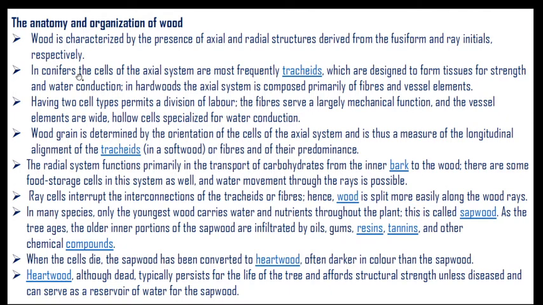For example, in conifers the cells of the axial system are most frequently tracheids, which are designed to form tissues for strength and water conduction. So in gymnosperms or conifers, the tracheids serve the purpose of strength and water conduction,